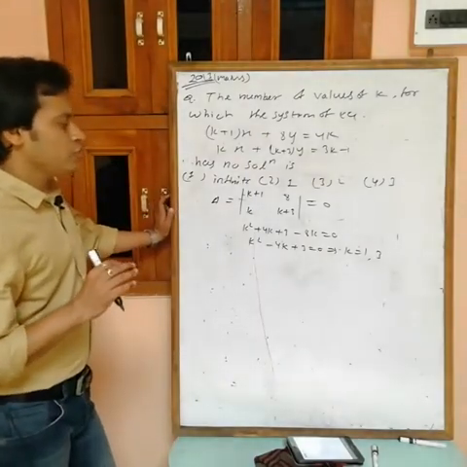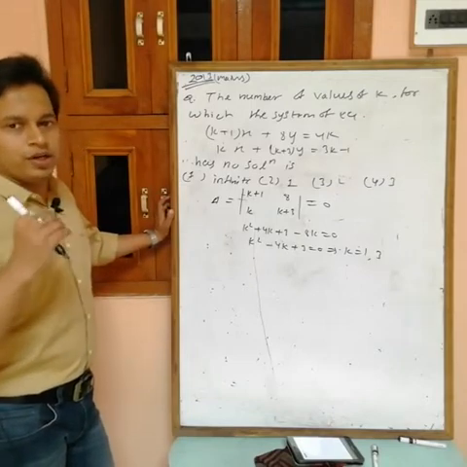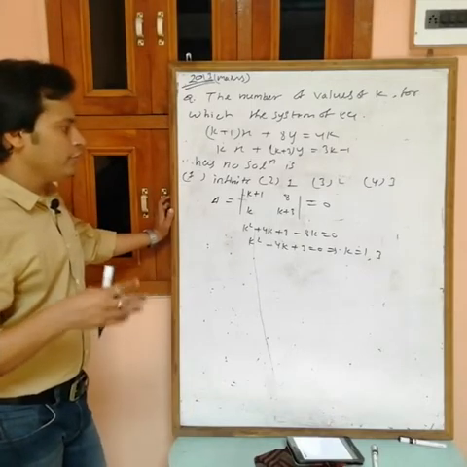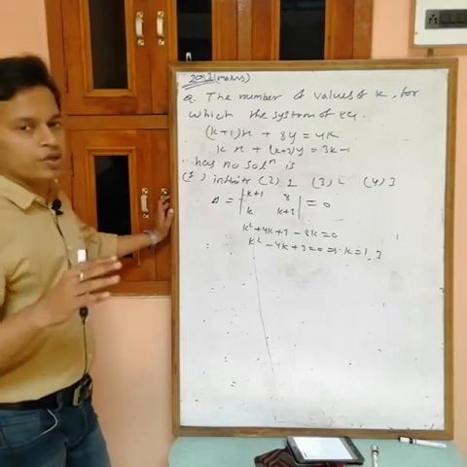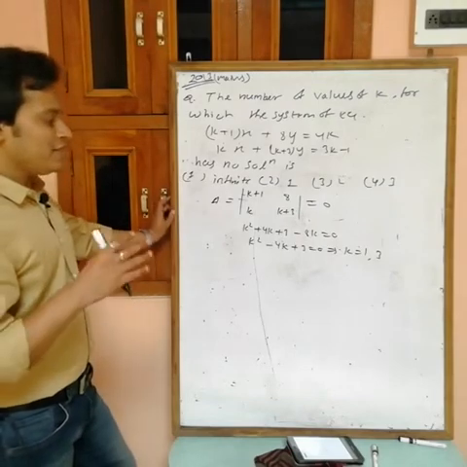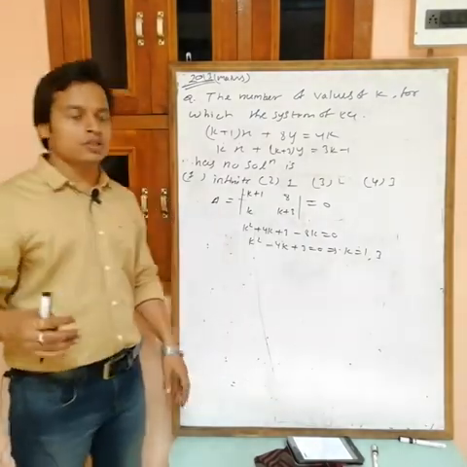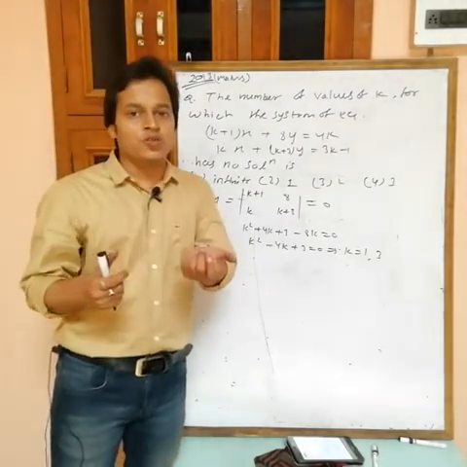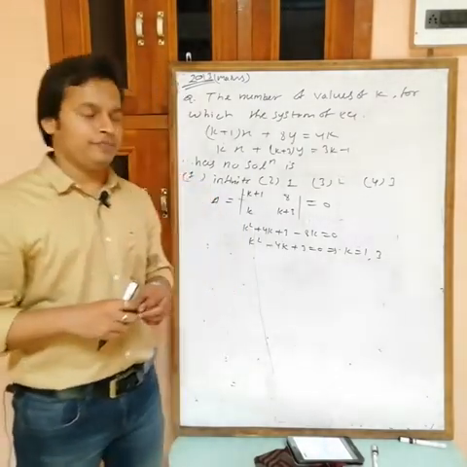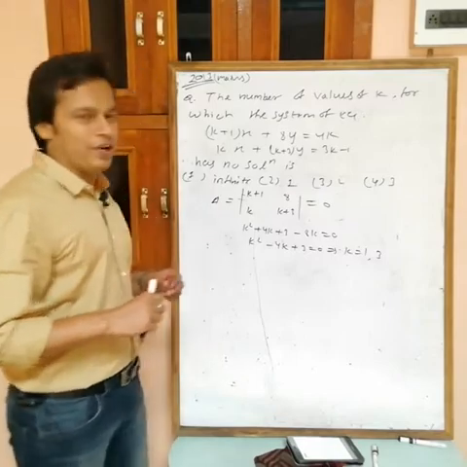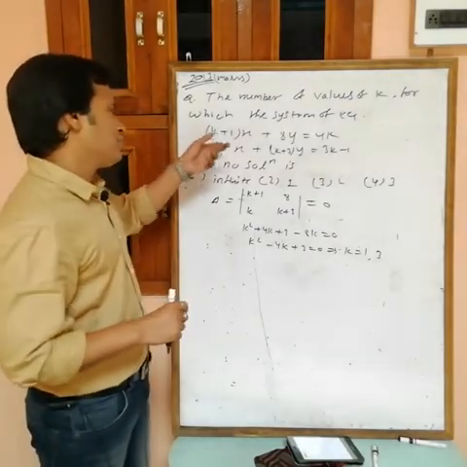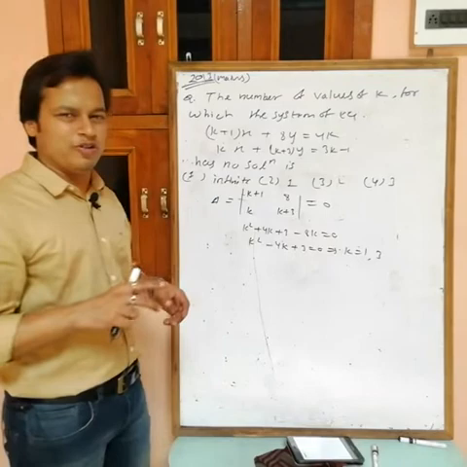Now after this one you have two options: either find the value of del 1 and del 2 and check for what value of k we are getting at least one as non-zero. Initially we are getting two values of k, but it is not necessary that for both we have at least one non-zero. But I am not finding del 1 and del 2, because there are only two equations, I am just putting the value of k.